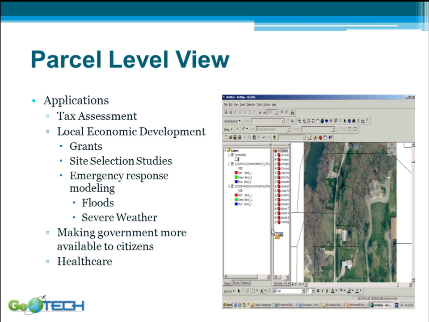What I'll talk to you about through my examples is the ability to use these maps to support grant development at a state or federal level, and to better understand site selection studies to recruit new businesses into communities. There's also the ability to use these maps for emergency response modeling. In our area, that probably takes the form of flash floods and severe weather. One of my personal interests is emergency response modeling, and how a mayor or a county board or a city board could use these tax assessment maps to understand and model what would happen if an F5 tornado